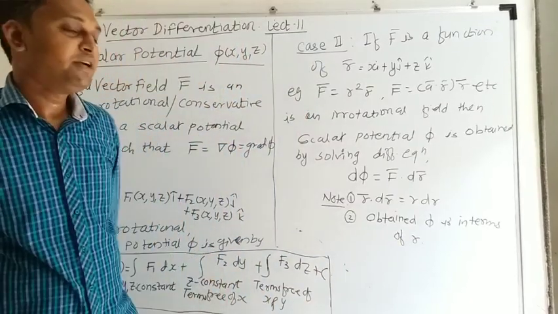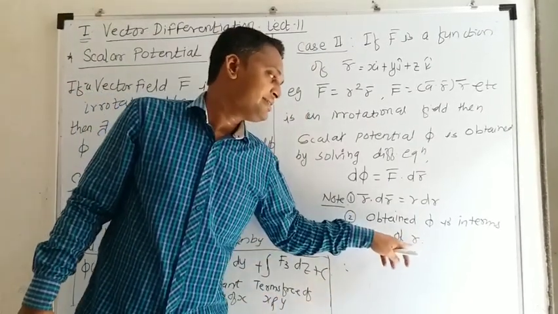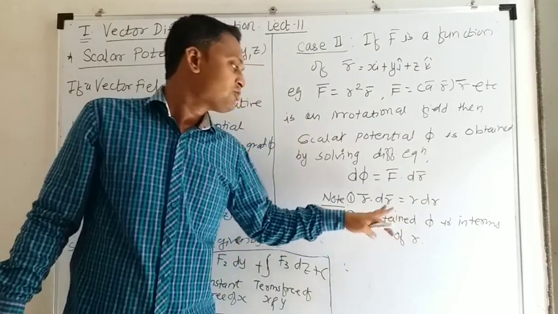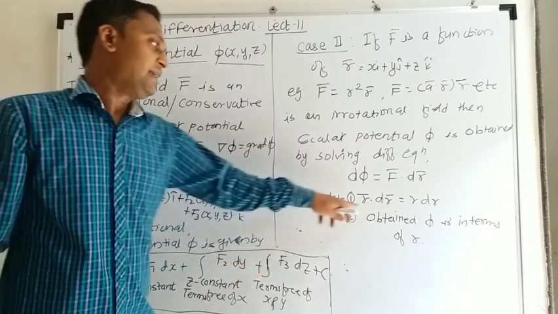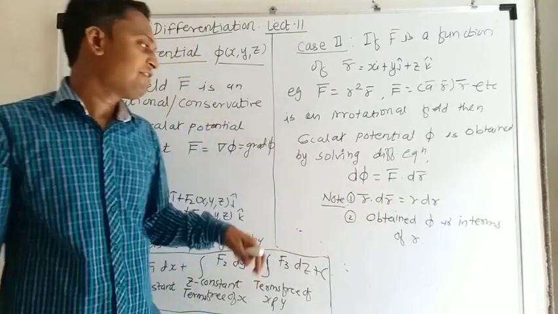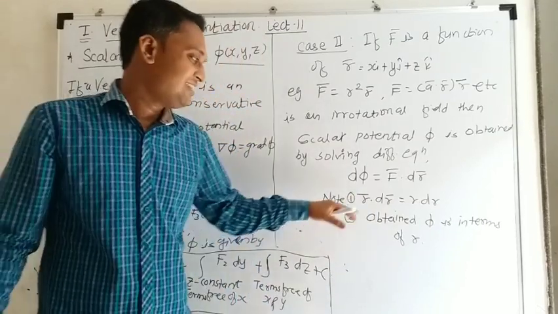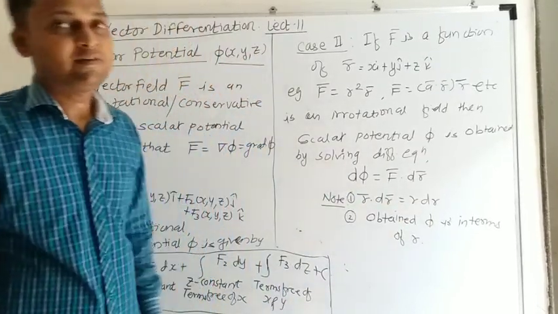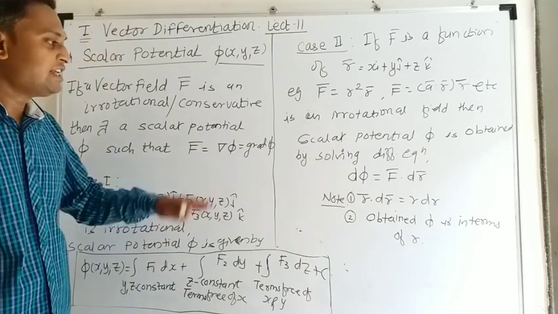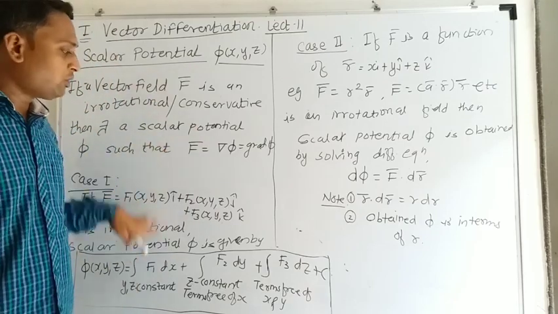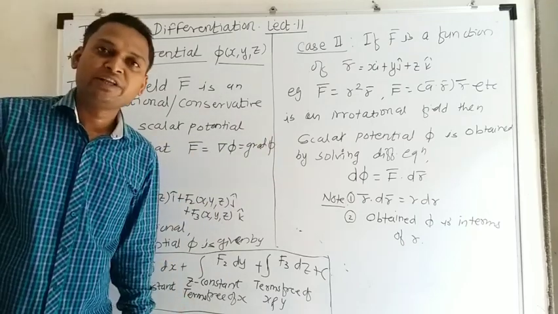So the final answer will be in terms of r, not r bar. r is a scalar quantity, which is the magnitude of r bar. And this relation is very important for solving the differential equation. Whenever you have the term r bar dot dr bar in the calculation, you have to replace it by r dr. The value of both terms is the same. So this is regarding the theory part of the scalar potential topic. You need to understand all these things carefully. Once you understand them well, definitely you can do well in examples.